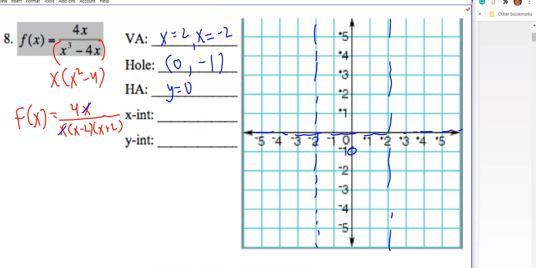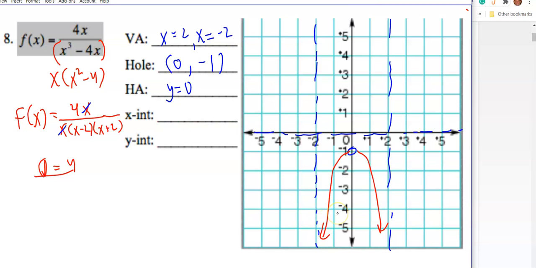Okay, let's see. So plug in here. So for 0, we get -4 on the bottom. 4 over -4 is -1. Oh, wait, we already got that. We already have a hole there, so we don't need a point. There's no point there. It's just a hole. Plug in the x-intercept, so that would be 0 equals 4, which is no x-intercept, which makes sense in the context. So looks like the graph's going to kind of go up,